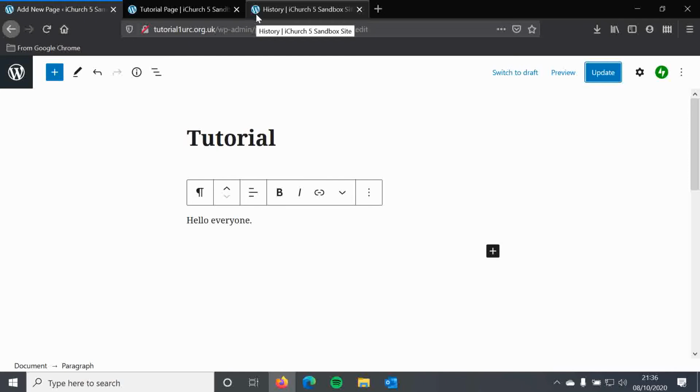rectify mistakes that you make or just make changes, undo changes that you've made to your website, because they're all very easy to do, and there's lots of safeguards that both iChurch, WordPress that your site is built on, and even your own web browser put in place to make sure that you don't make too many or any